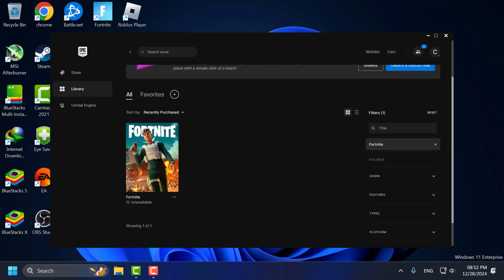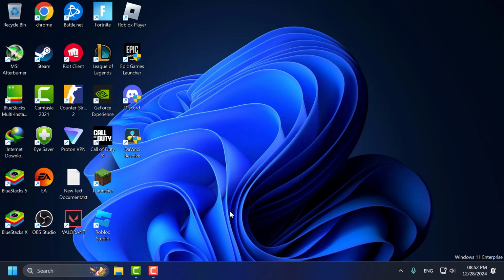Today we are going to see how to fix Fortnite Unavailable on Epic Games Launcher. Let's fix it, guys. Method 1: you just need to click on the system tray, right click on the Epic